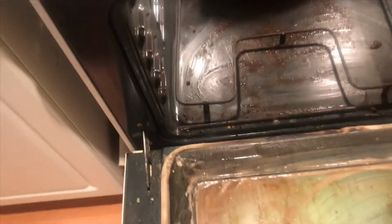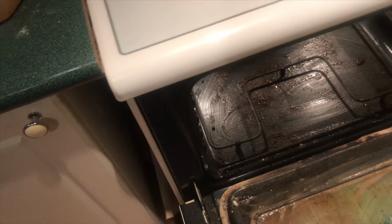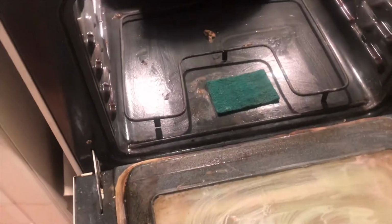We're gonna finish this up. I just have to get rid of this yucky stuff and clean it out. I'll be right back. So here we go. You can see the difference after scraping and taking off the dirt. This is what we have. I am a happy client right now